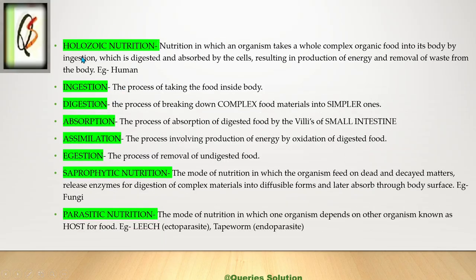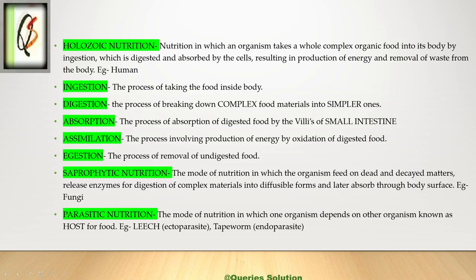So continuing the concept of nutrition, but now the Holozoic mode of nutrition mainly. So what is Holozoic? The mode of nutrition that we get to see in the case of humans like us. So how do we define this mode? The nutrition in which an organism takes a whole complex organic food into its body by ingestion, which is then digested and absorbed by the cells, which results in the generation of energy and also removal of the waste